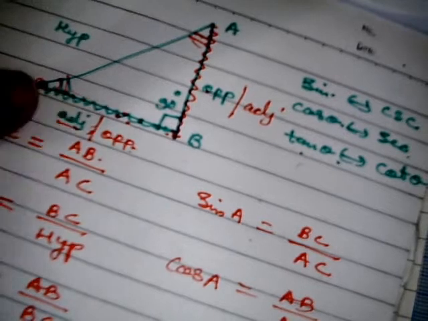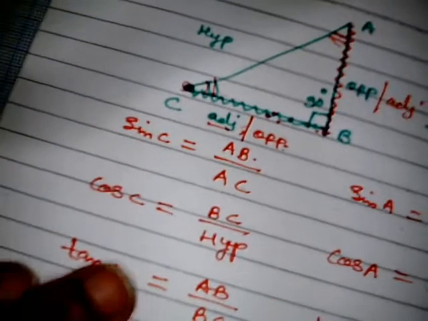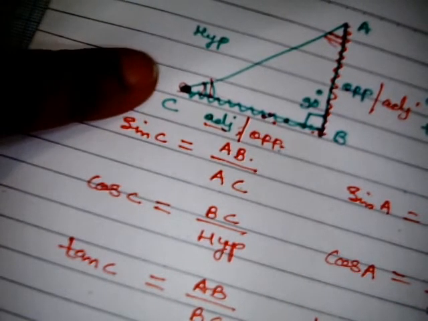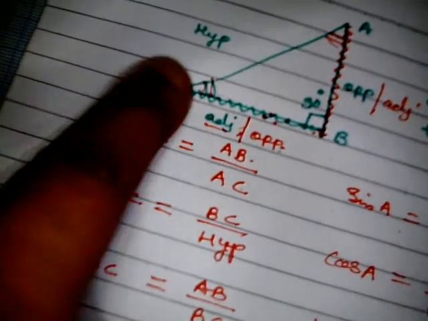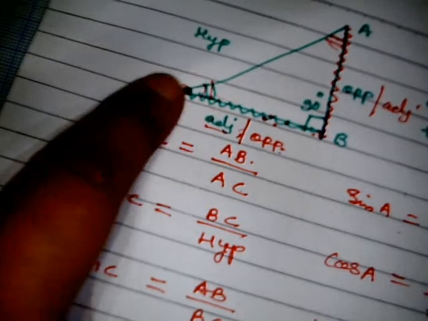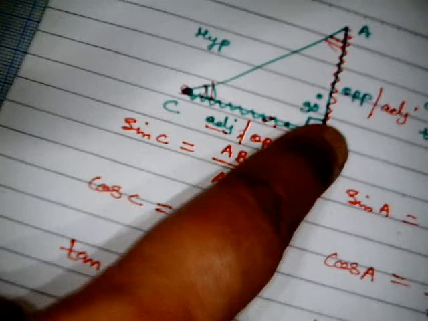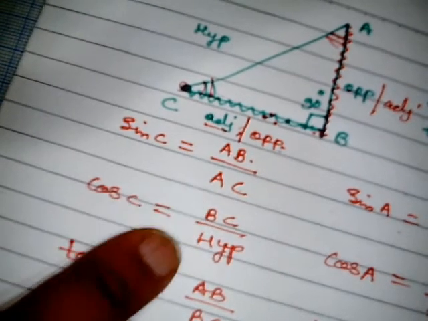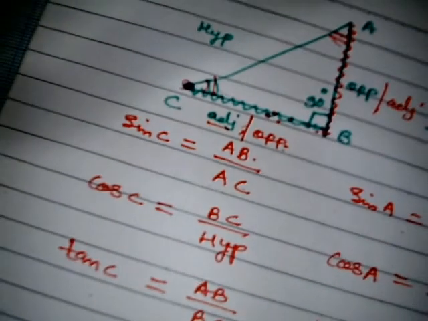Hypotenuse is no confusion. Now I am going to define cos C. For this angle I am going to define cos. Cos is always adjacent upon hypotenuse. So for the angle C for which you are going to calculate cos, the attached side is going to be adjacent. So this is the adjacent side. So adjacent side is BC upon hypotenuse. And hypotenuse, at the place of hypotenuse you need to write AC.